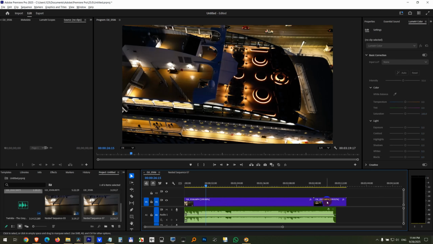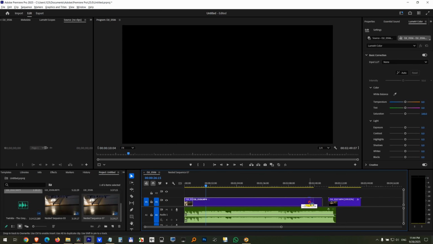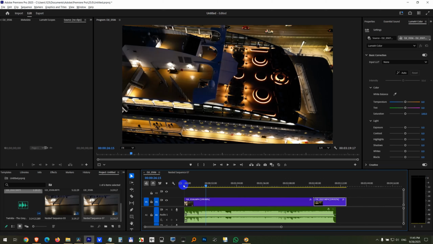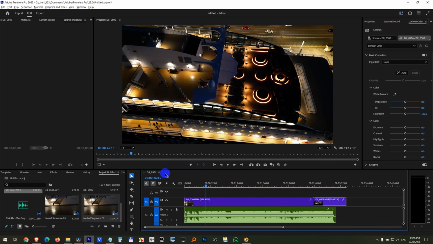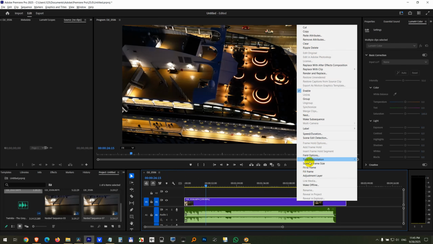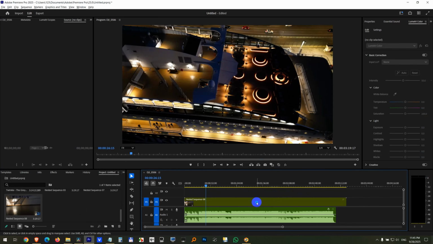And if I dropped it onto it, notice the other one is not below anymore. And we can see what's there in the nested sequence. The clips are there, but we don't need it. We can close it. Another way to unnest it, let's just nest it once again, is to right click on